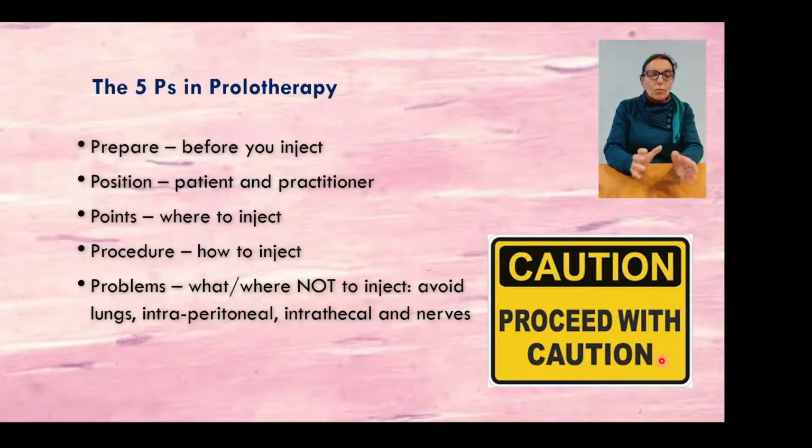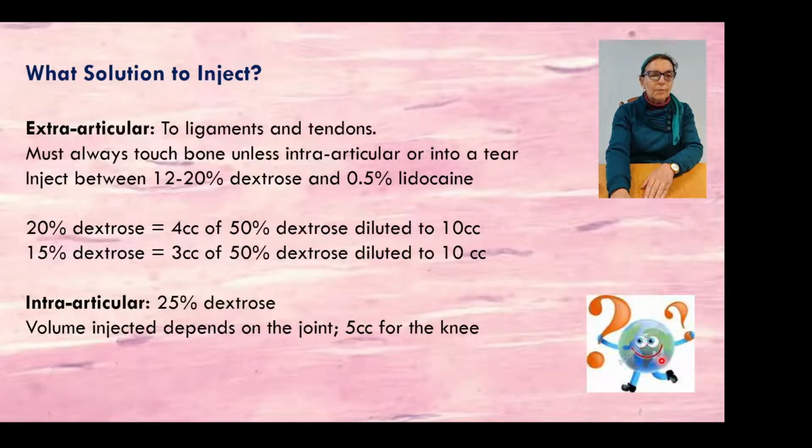And also make sure that you know what not to inject, how to avoid the lungs, the intraperitoneal area, the intrathecal area, and also how to avoid nerves, not to cause nerve damage. So what solution do you inject? If you're going to inject intra-articular to tendons or ligaments, then the basic rule of thumb is to always touch